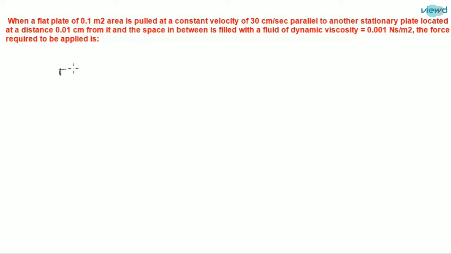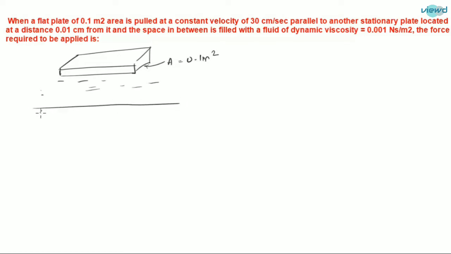There is a plate, and the area of this plate is given as 0.1 meter square, and there is liquid and there is a stationary plate. What is the data given? It is pulled with a velocity of 0.3 meter per second. 30 centimeter per second is equal to 0.3 meter per second, and the distance between stationary plate and movable plate is 0.01 centimeter,